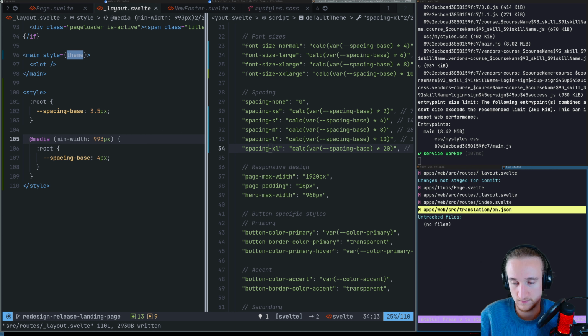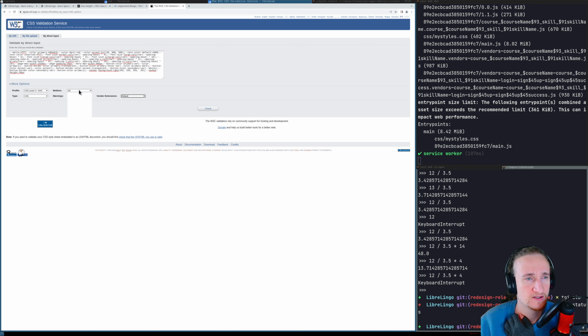Is there a way to, okay, CSS validator. So if I put type automatic, okay, CSS, medium, CSS level,